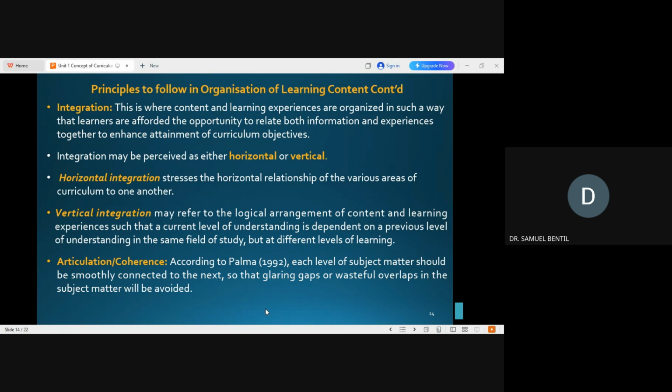So that is what we call vertical integration. It's the same subject, whatever you learn at the lower level, like geography, I'm talking about the rocks. At the university level, we add more types, because at the senior high school level, we believe that you are not quite matured to be bombarded with these different things, to make you confused. But at the university level it is believed that you are quite matured, you are able to decipher between complex and analytical issues. So that's why we have vertical integration. Always take note that vertical integration is the same subject area but different levels, but the horizontal is different subject areas but the same level.